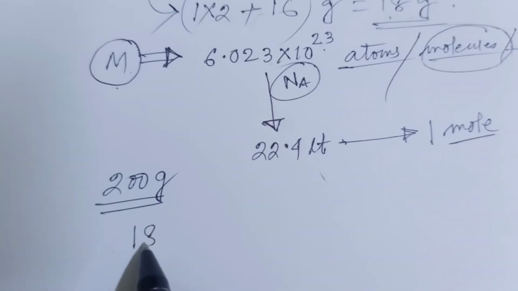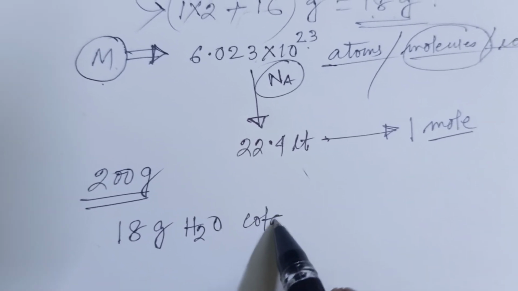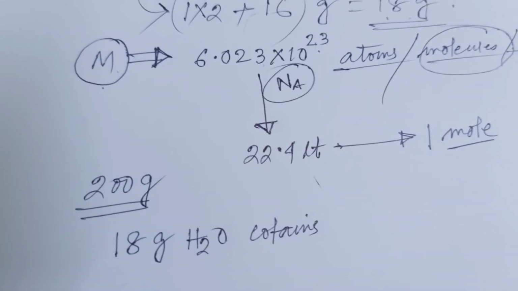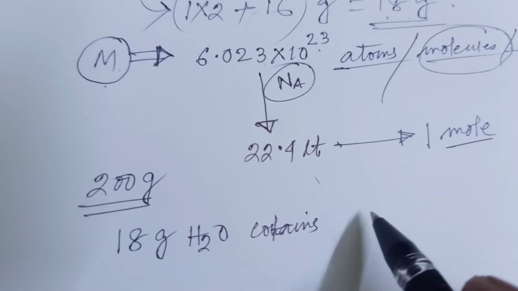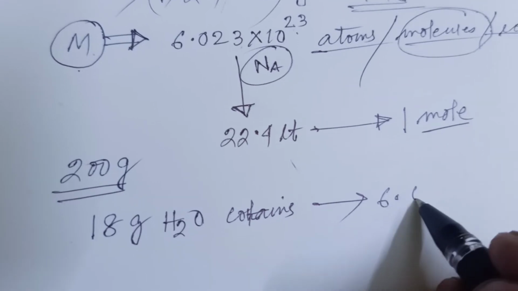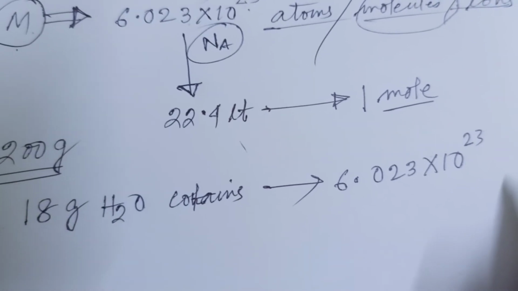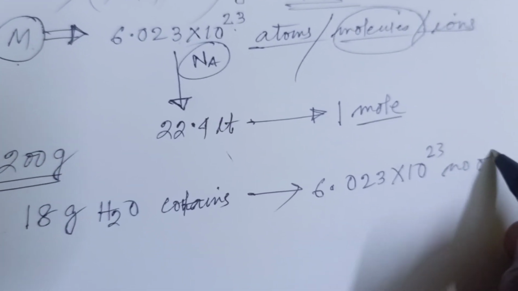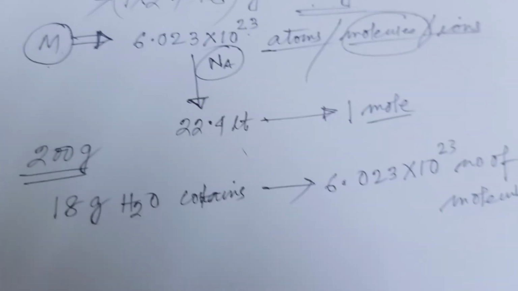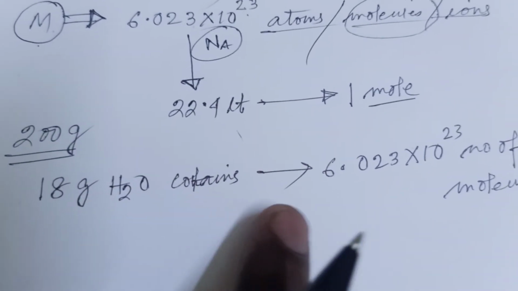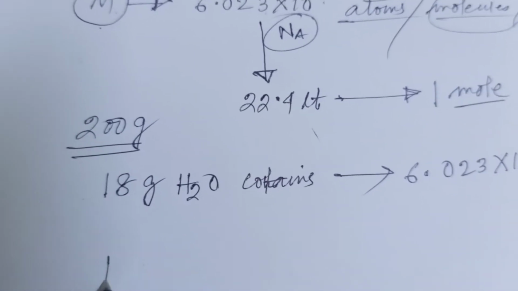So 18 gram H2O contains 6.023 into 10 to the power 23 number of molecules, not atoms, molecules. So 18 gram H2O contains 6.023 into 10 to the power 23 number of molecules, and 1 gram contains